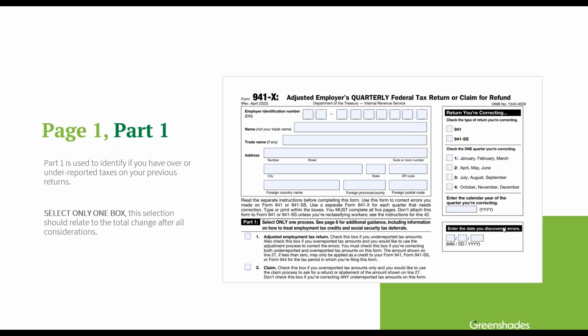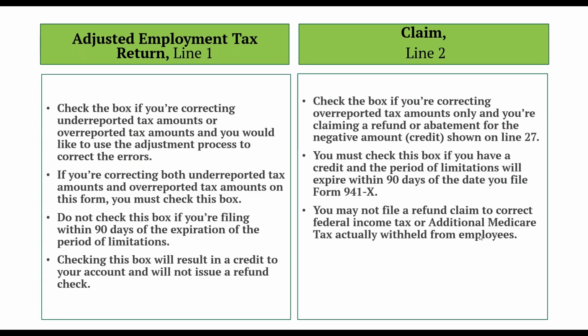As this helps with the compliance process with the IRS. This is one of the most important things to talk about: what you're correcting and how you're correcting it. So make sure if you underreported or overreported that you are checking the correct box. If you're correcting both underreported and overreported tax amounts, which is pretty common, there's a separate box to check for that. If you are filing within 90 days of the expiration of the period of limitation, so basically if you're filing a correction for the most recent quarter,